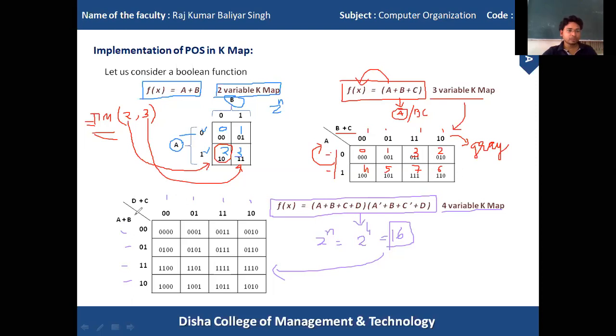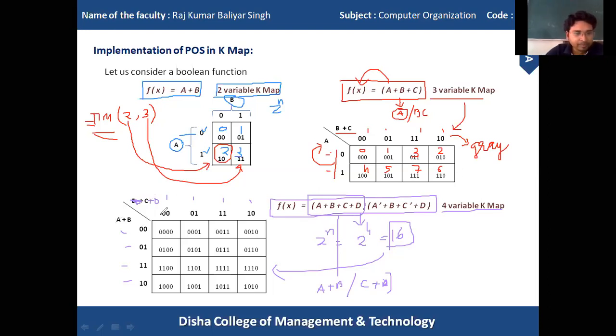Again, I can split the variables into A plus B and C plus D, two parts. What is not D plus C? It is exactly C plus D. Sorry, this should be C plus D, right?